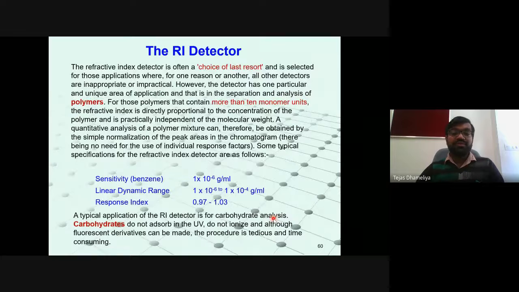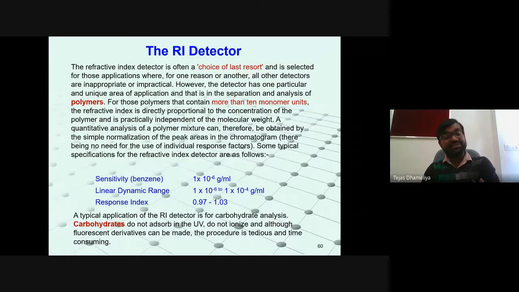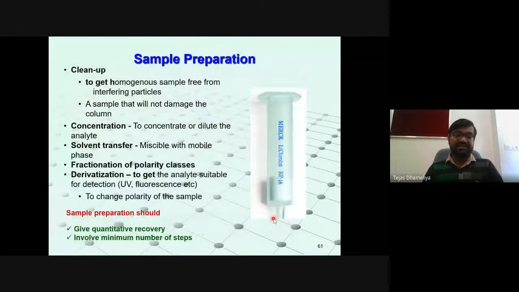It is also used for polymer chemistry. If your formulation contains polymer, it is used. But it is not as sensitive as some of the previous detectors, like fluorescent detectors, where we found sensitivity up to 1 nanogram per ml. Here the sensitivity is less, only microgram per ml. Microgram per ml sensitivity is too low when we cannot sense the molecules. But yes, it is there using the refractive index detector.